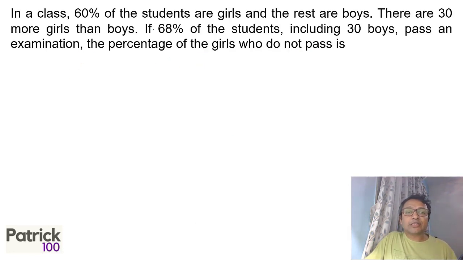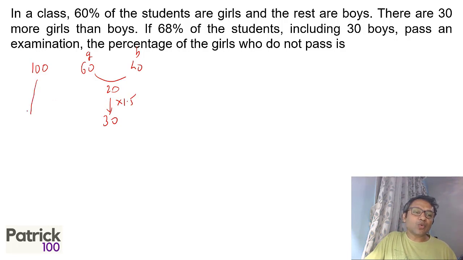In a class, 60% of students are girls and the rest are boys. There are 30 more girls than boys. Normally I start with 100, though I can do this directly. If 100 are students, then 60 are girls and 40 are boys. The difference is 20, but I want a difference of 30. To get a difference of 30, you have to multiply by 1.5, which means the total number of students is 150 and